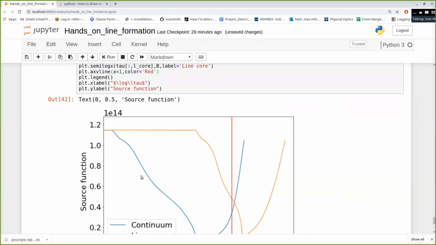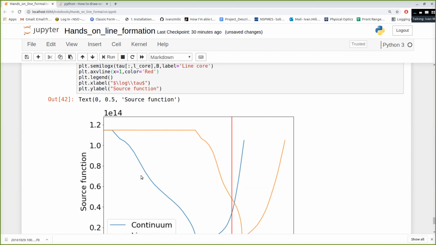We neglected basically all the other opacity sources except the H alpha opacity and emissivity and hydrogen minus opacity and emissivity, and we tweaked our H minus opacity to get a ballpark of reasonable opacity sources. And finally, most importantly, we assumed that our source function is equal to the Planck function,